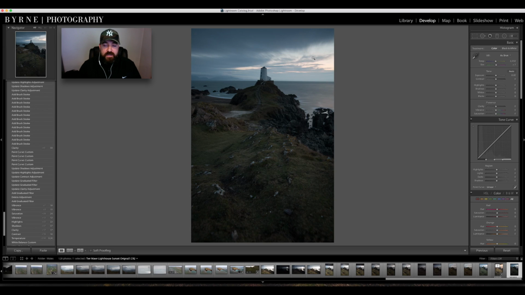So I'm going to show you how I'm going to edit this. So I've showed people how to take this image, what equipment you need to use to take this image, and now I'm going to show you how to edit this image. Now I've stuck the card into the computer, into my Mac, and I'll go into library, I'll